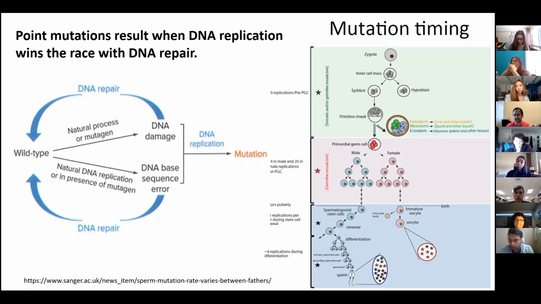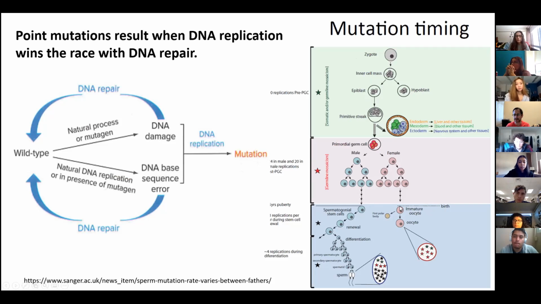development, and particularly the germ cell differentiation, during the first step, we get these primitive streak cells that are the ones that are going to give rise to the germ cells. So here, during this stage, the cells are dividing a lot, and they may get some spontaneous mutations. Then we go to the second stage, where there is this differentiation into male and female progenitors, and they will also go through several rounds of division, and they have the probability to get some mutations. But then, when they reach this stage here,